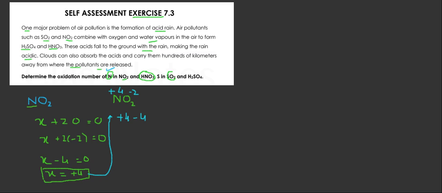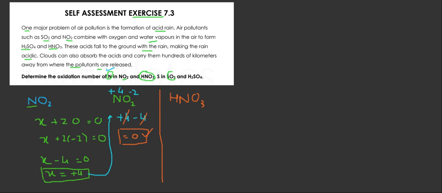So what will you get from +4 and -4? You will get 0. So if your answer is 0, the algebraic sum is equal to 0, it means you have done this question correctly. Now you have to find the oxidation state for nitrogen in nitric acid, that is